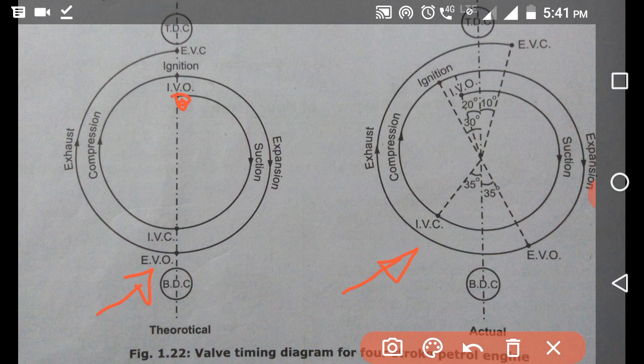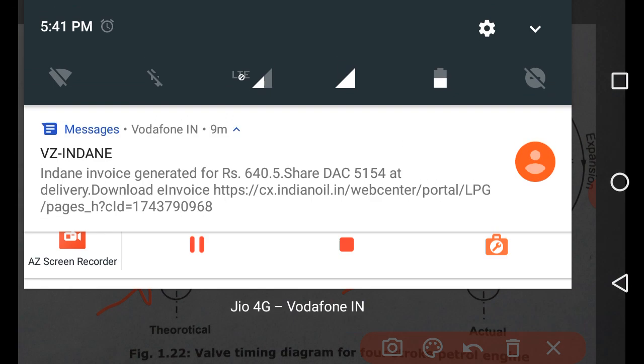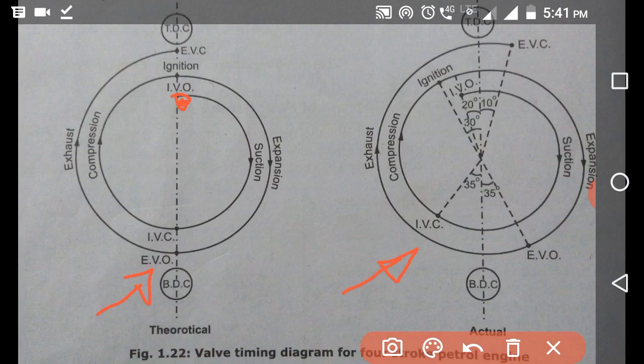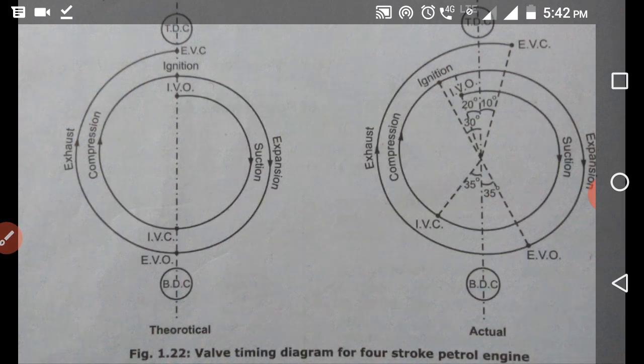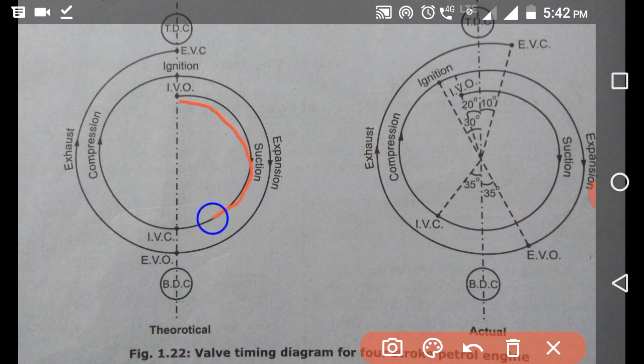Then the piston moves from TDC to BDC, and due to the movement of the piston from TDC to BDC, the suction process occurs. So this is the suction process.